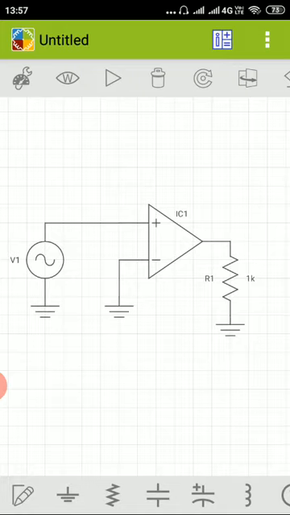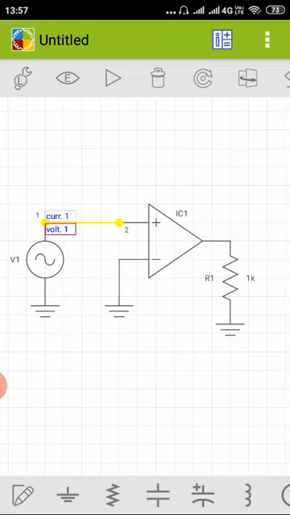For that, we have to click on the input wire where you are connecting the input signal. There you have to click on the wire and select voltage. We want to see the input voltage. Once you click on the wire, you can see a current 1 and a voltage 1 option.